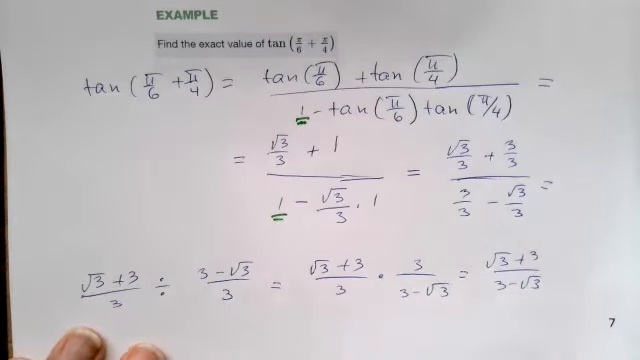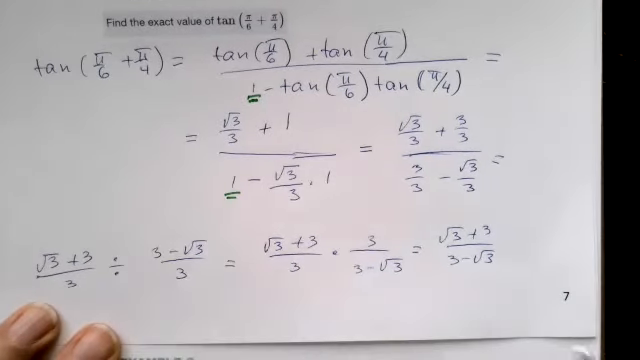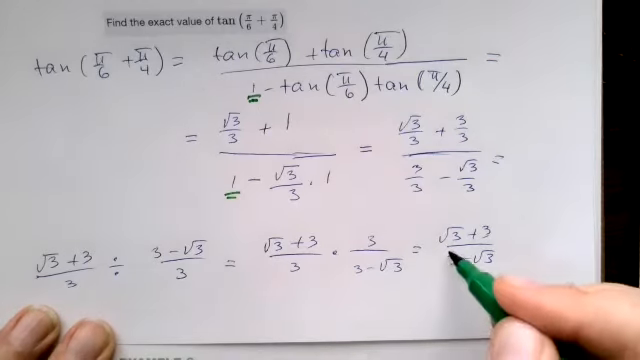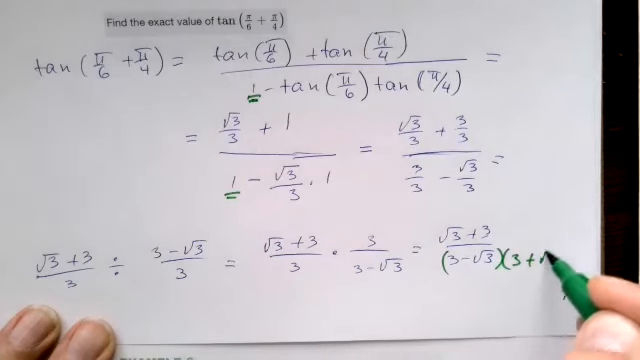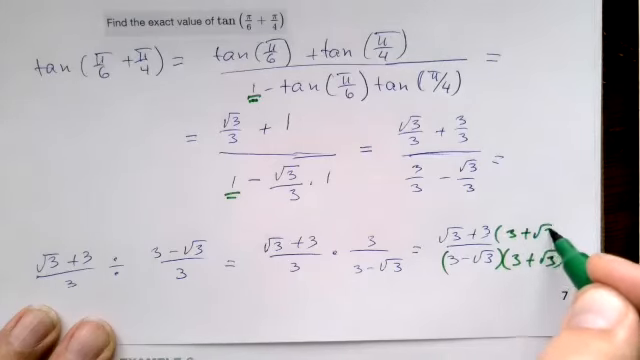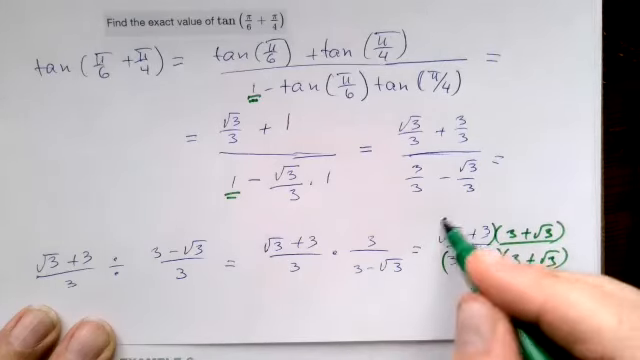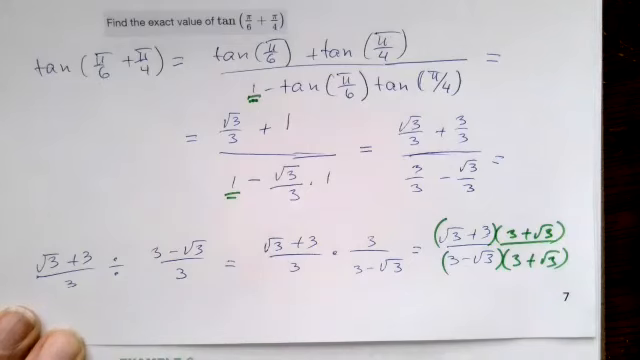But now if we want to rationalize our binomial denominator, remember, we have to multiply by its conjugate, the top and the bottom. So basically this expression is exactly the same as this. So now we're going to have